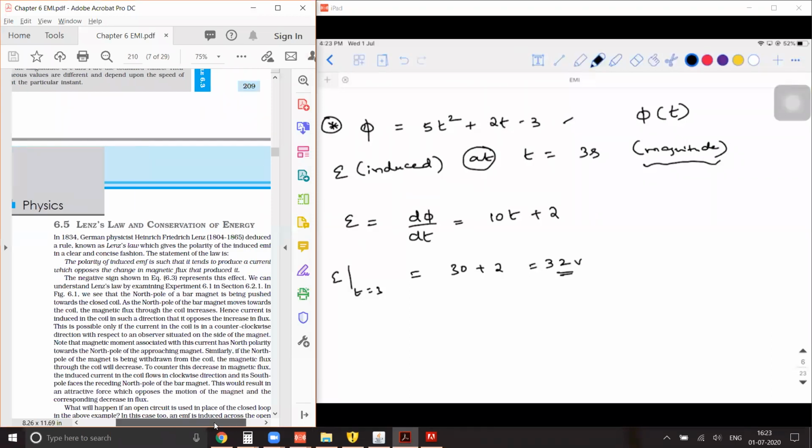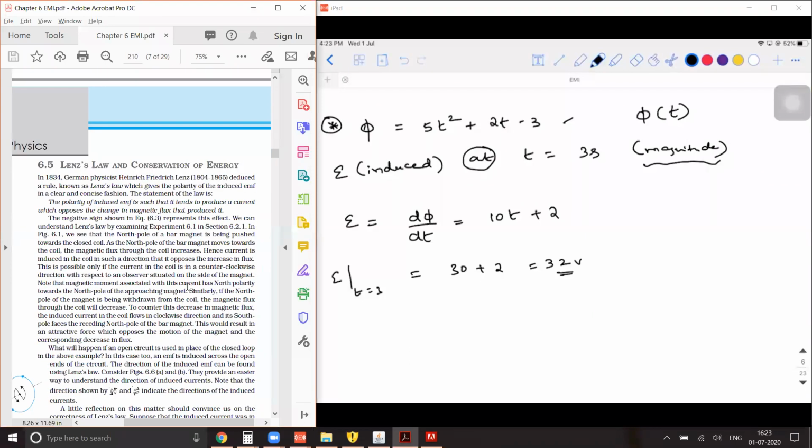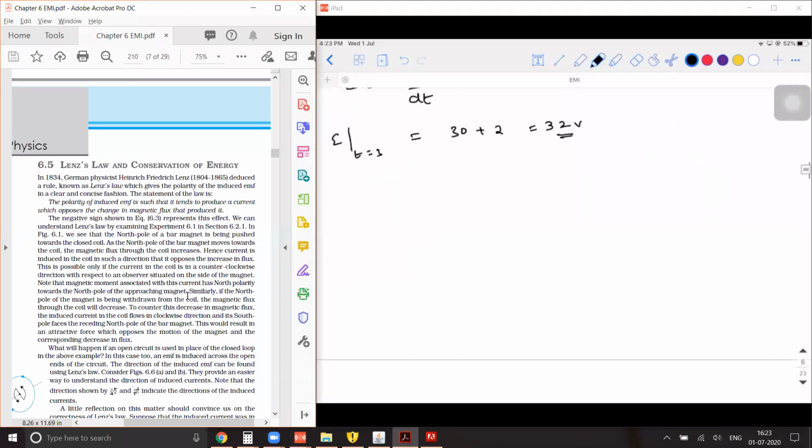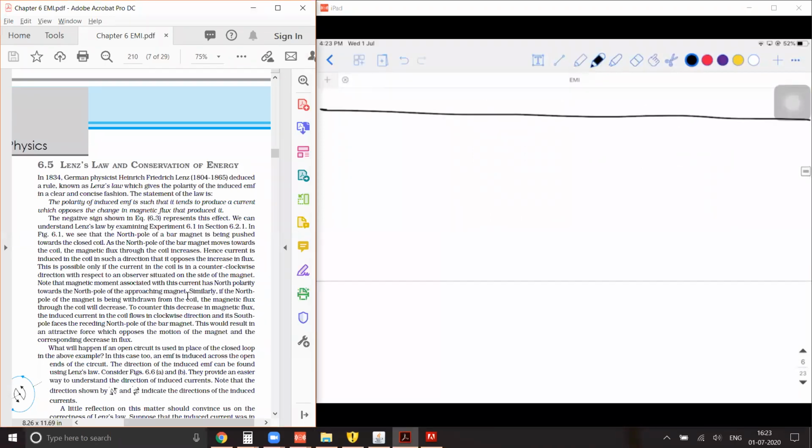So I told you in Faraday's law there is a significance for that negative sign. The significance for the negative sign in Faraday's law is given by another law called Lenz's law. This is also the name of a scientist. I'll first give you the statement, then I'll explain what it means and how to use it. So write down the statement for it. It states that